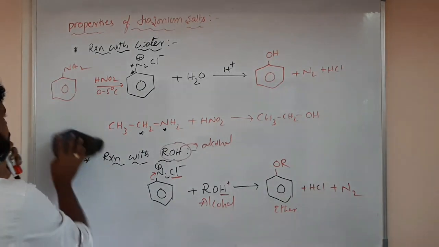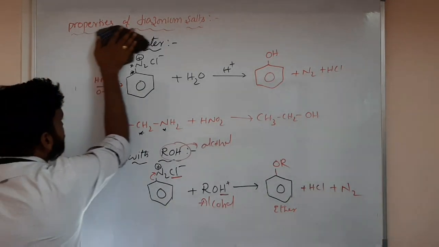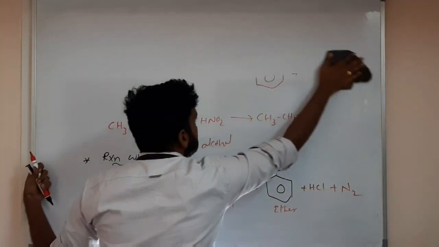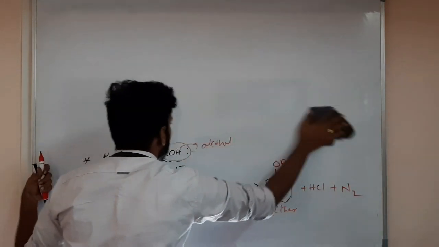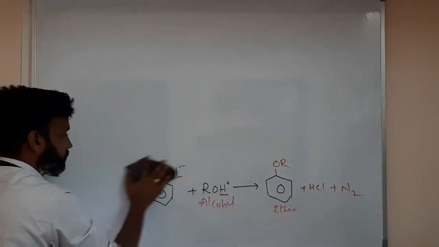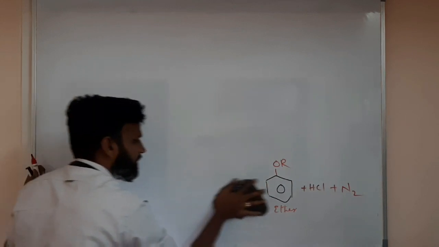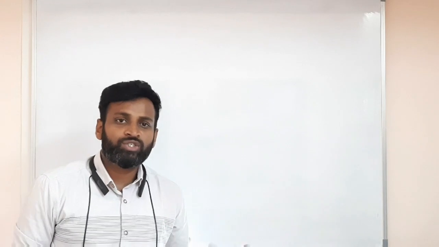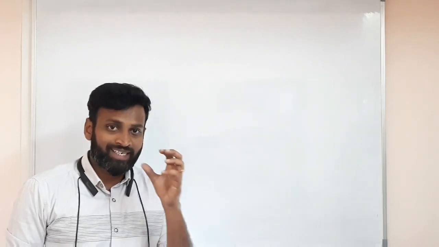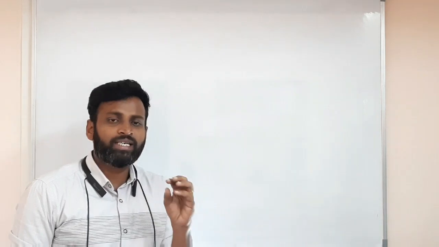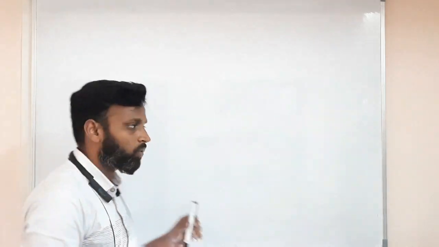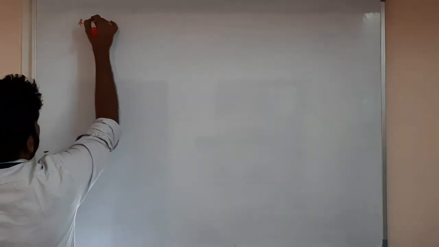Understanding? And last and final, then organic chemistry will finish and we will enter into complex compounds. So very simple thing I will explain now: azo dye formation. Maybe I gave it in phenols. Phenol with benzene diazonium chloride gives an orange red precipitate, an orange red dye, and benzene diazonium chloride with aniline gives a yellow color dye. How? So azo dye formation.